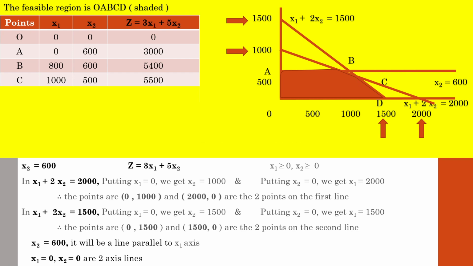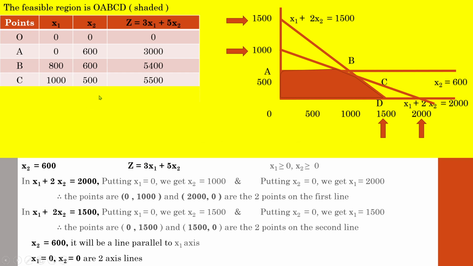Remember, you have to use a graph paper or a scale in order to identify these points. If you make the measurements using a scale exactly, you can easily identify these points even if you are using a white paper. If you are using a graph paper, you can easily identify the points. But if you are using a white paper, you have to approximately draw the points on the basis of the scale value. You have to use a proper measurement scale, and on the basis of that you have to draw all these. Then only you can identify these points exactly if you are using a white paper.